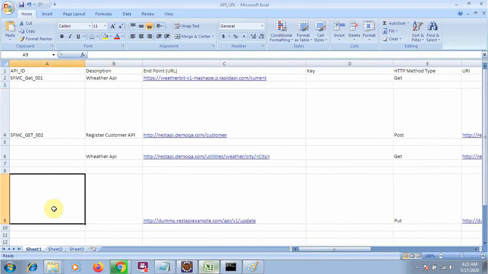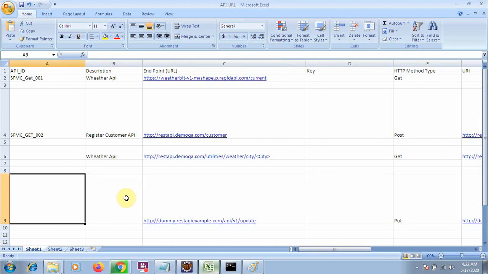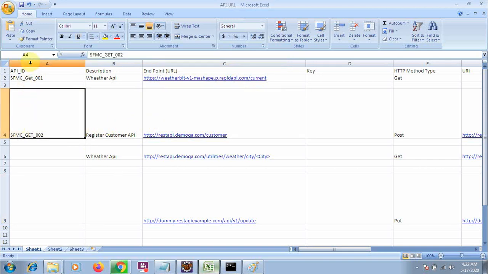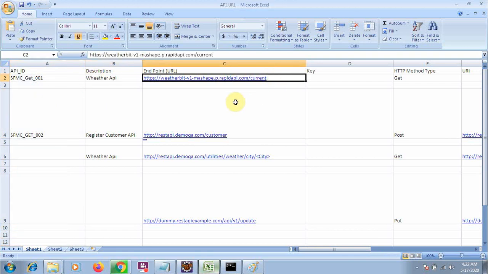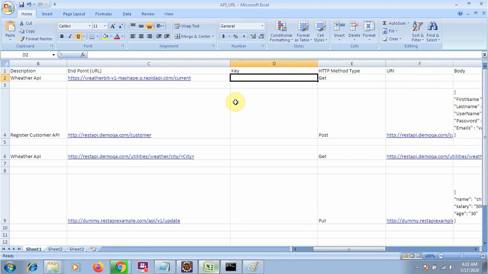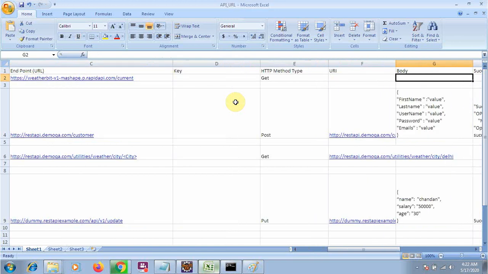Always remember, in API testing we have very little documentation. Mostly we will be focusing on the actual coding part, and on point-to-point data or test cases. It is not much theoretical. So we generally have an API ID, then a small description, then the endpoint URL, and then some key if we have one. Then we have a column like method, which kind of method we will be using, like the GET method. Then we will have the URI.